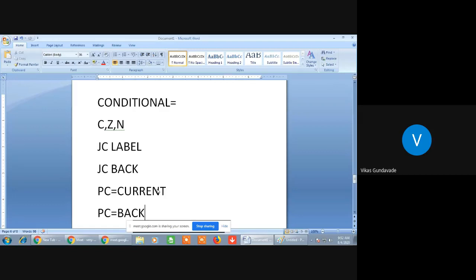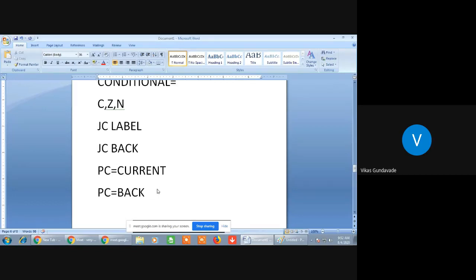Okay, so this is jump if carry. The program counter will execute the current instruction, and after its execution it will jump to the labeled location and again start execution of the program.